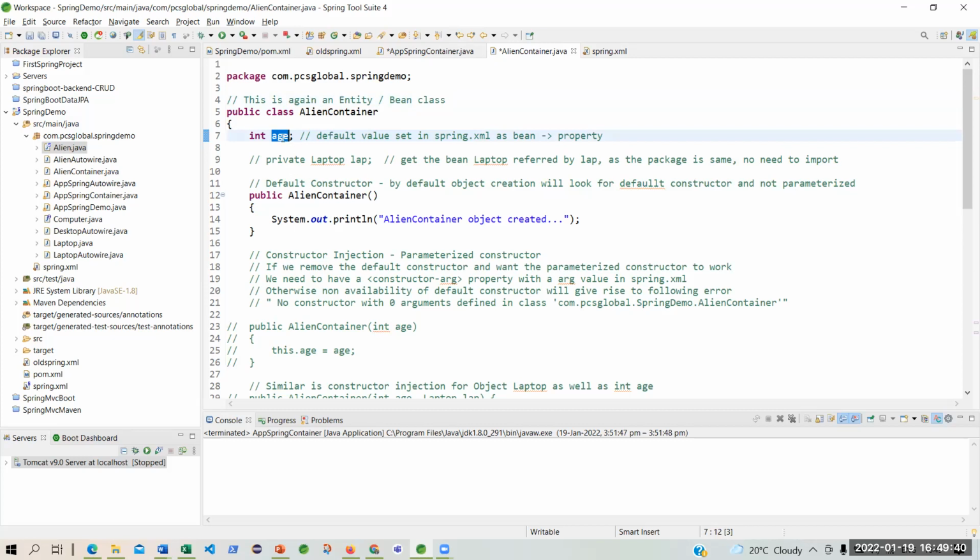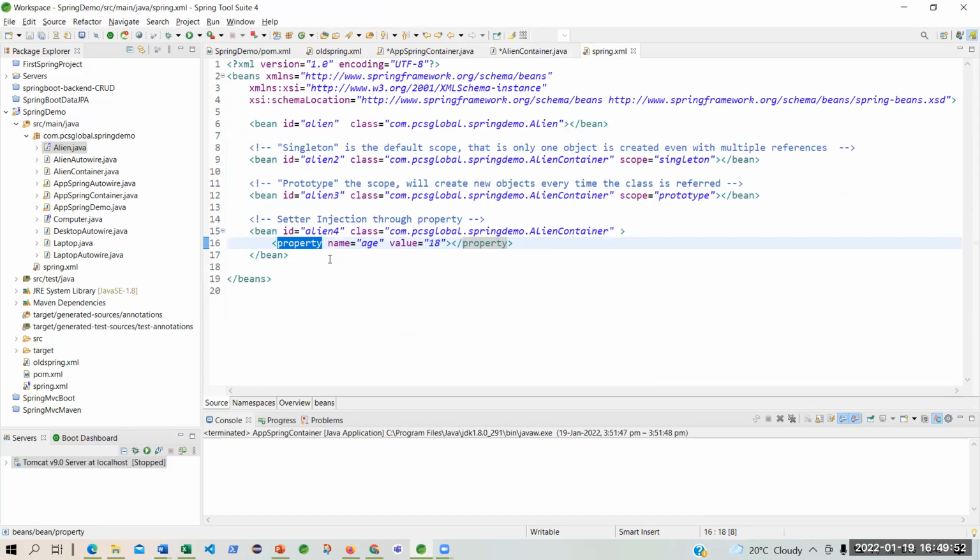Because these are encapsulated. It is an entity bean. You have to do it through getters and setters. So now, because you are setting it for align container, the mandate is that you have to use the setter method of the entity.